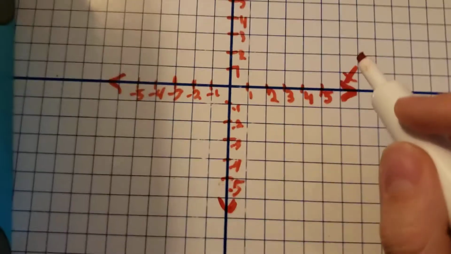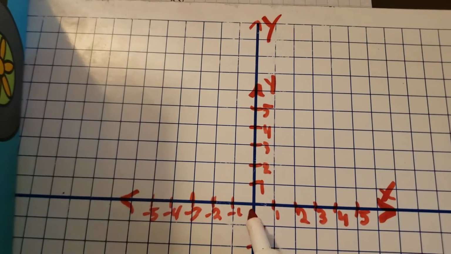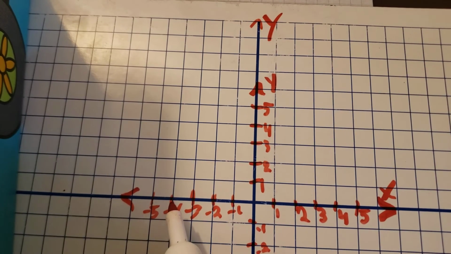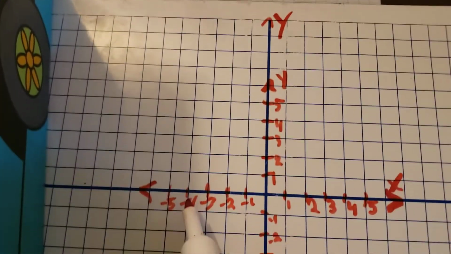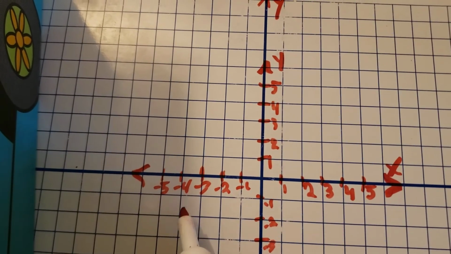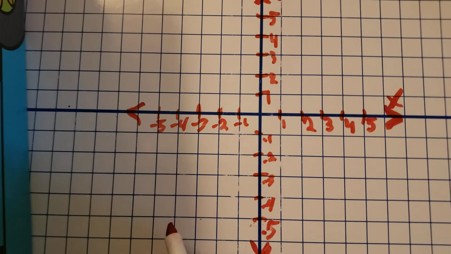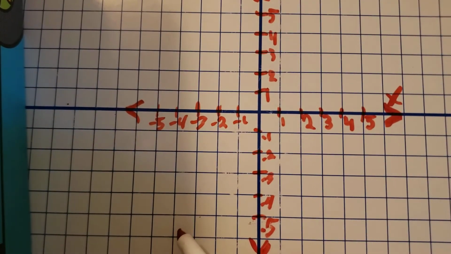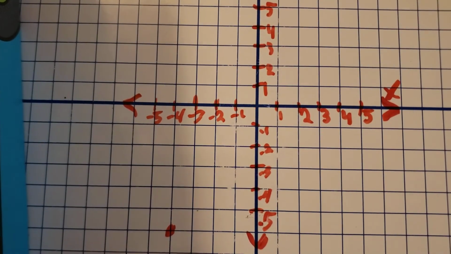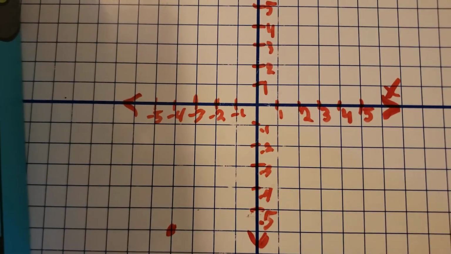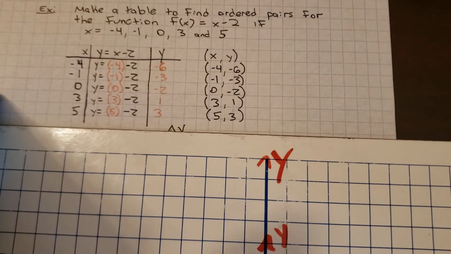So again, my x value is -4. So I'm going to count -1, 2, 3, 4. And then my y value is -6. So I'm going to count from -4, -1, 2, 3, 4, 5. And again, it's 1 past -5. So my first point is -4, -6. That's my first point. Okay, that's what all of this graphing and formulas, that's what all this is for, is